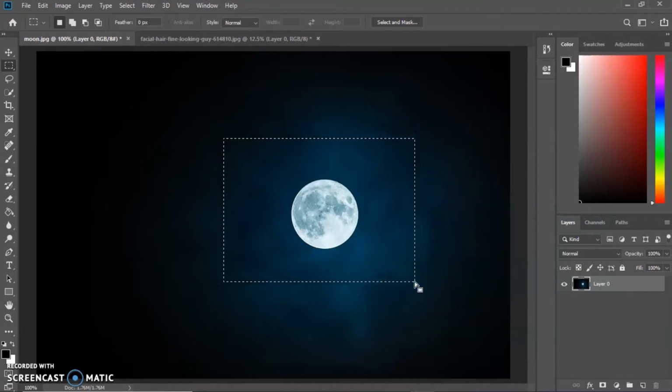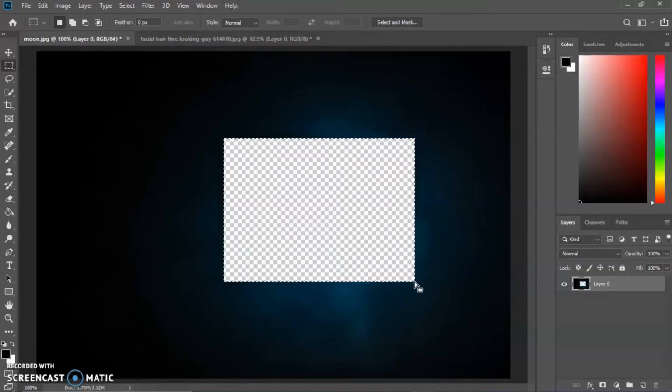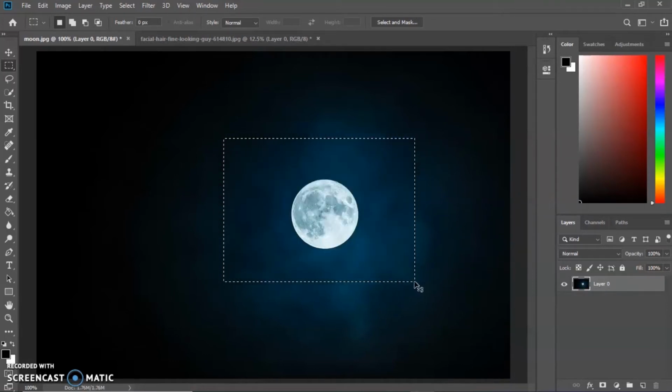But during selection, first, select the layer on which you have to work. Just press Ctrl plus X to cut the image, or delete for deleting the image. If you have made a mistake during making a selection box, don't worry, just press Ctrl plus D for deselection. Now, selecting the second Marquee tool, that is the Elliptical Marquee tool. It is used to select a portion of the image in a circular or elliptical shape.